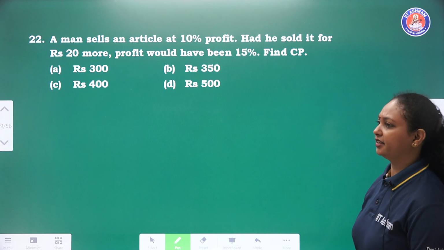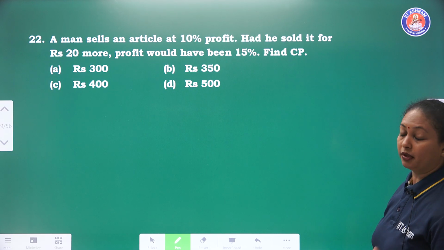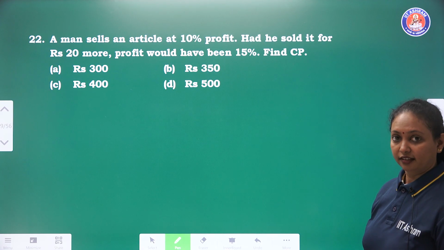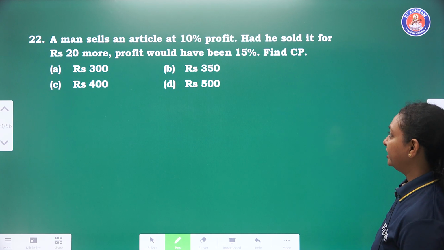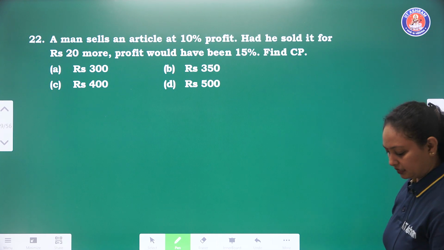A man sells an article at a 10% profit. Had he sold it for ₹20 more, अगर 20 रुपये और ज़्यादा में बेचता, then he will get the profit of 15%. Find the CP. सिंपल सी बात है,